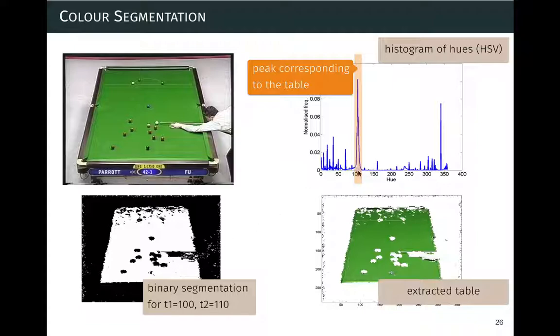Basically, using the range of this peak, you're able to find two threshold values, 100 and 110, and you say every single value for which the hue is between 100 and 110, I say it's a table. If it's not, then say it's black. Okay, so here you have a binary representation of your table as extracted from your hue